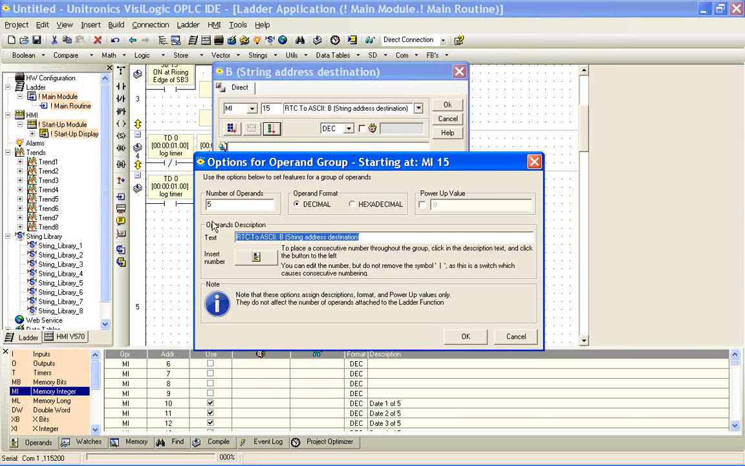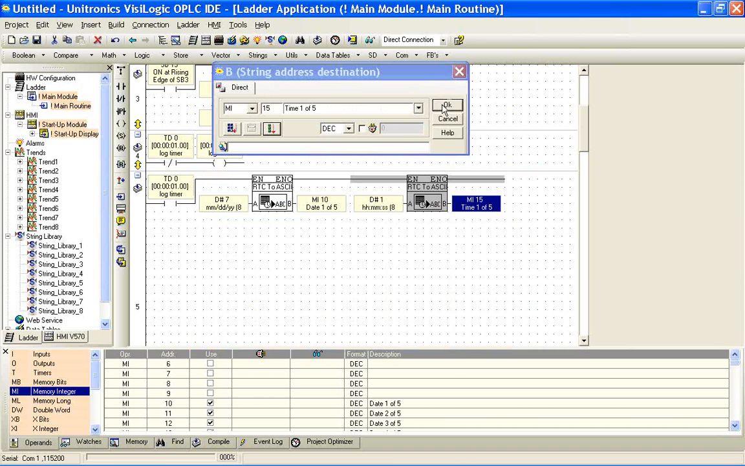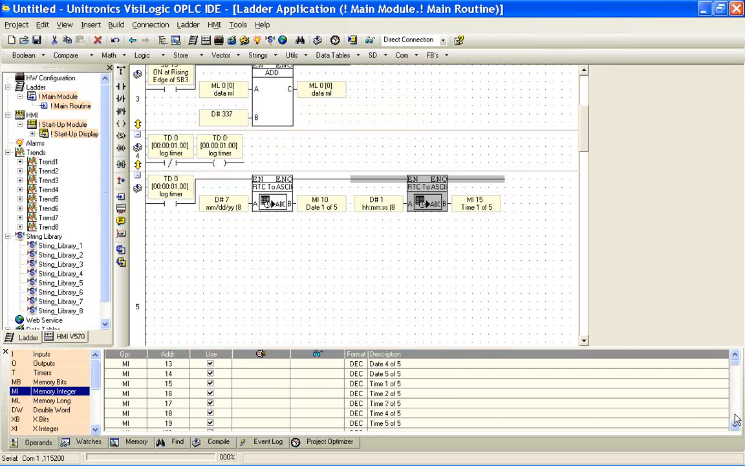I'm going to get rid of the automatic definition. We'll type in time, hit space, insert parameter, hit space, and type of 5. Okay. I'm going to hit OK, and I'll hit OK again. We'll just take a quick look and see that, oops, too fast. We've defined